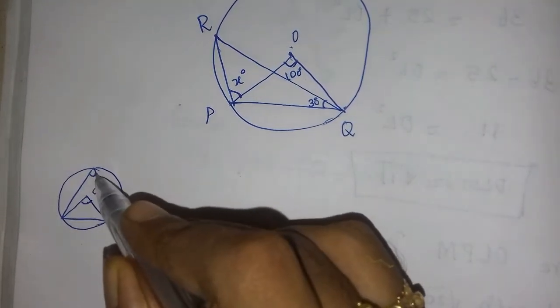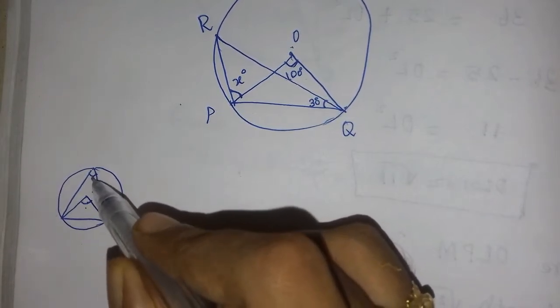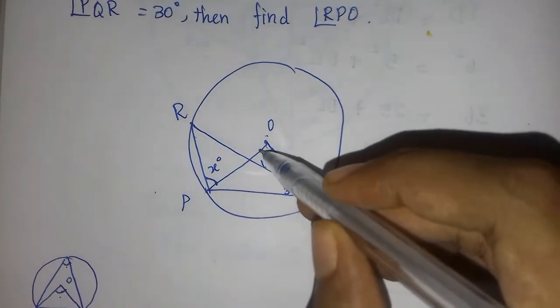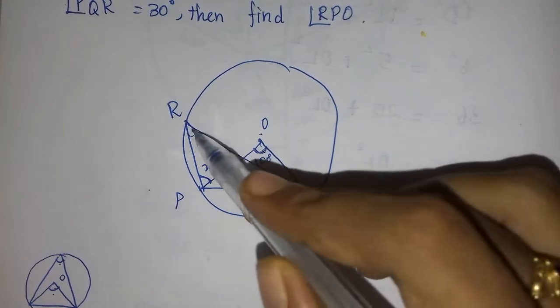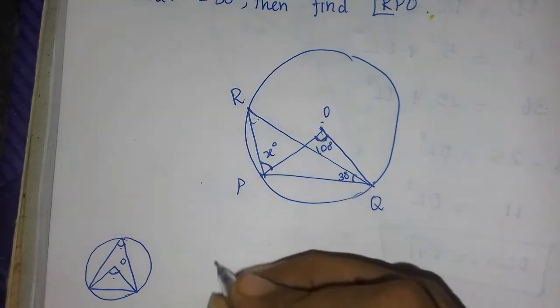This is half of this angle, like that we have seen. If this is 100 degree, then this angle will be 50 degree. Do you remember that? By the same theorem we are going to apply here. This is 100 degree. This angle will be half of this angle. By that theorem we are going to find this. What is that? Angle